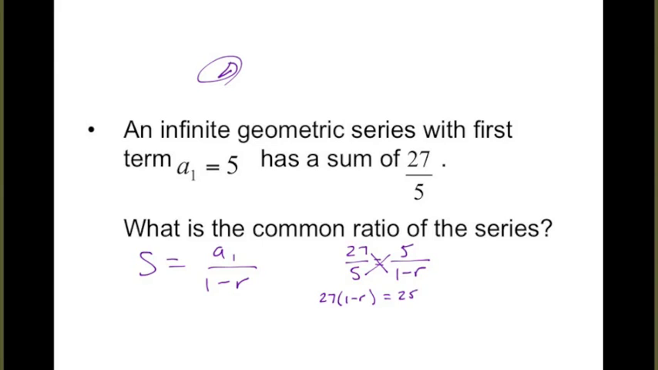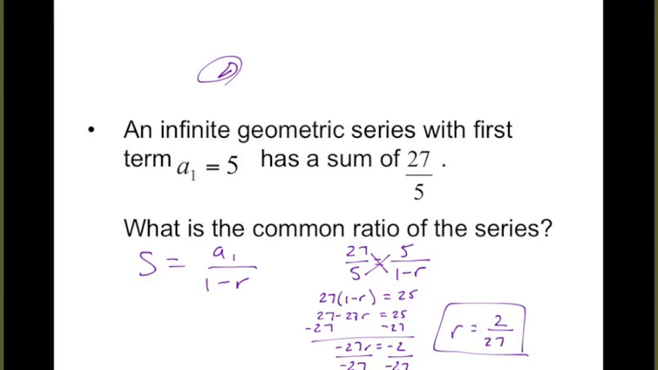If you just multiplied both sides by the 1 minus R, that's totally fine, it'll work. I just like doing this because now I don't have any fractions in my problem anymore, so it makes things a little bit cleaner for a while. Then I'm going to distribute the 27. I'm going to subtract 27 from both sides. And then I'm going to divide by a negative 27. And I then get that R is equal to 2 over 27,